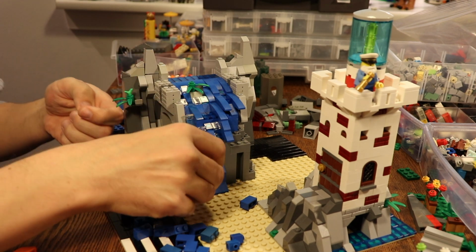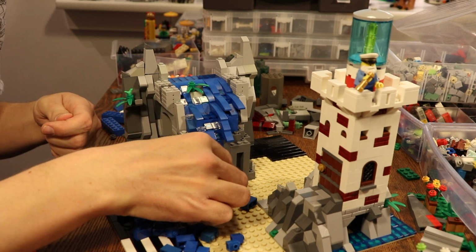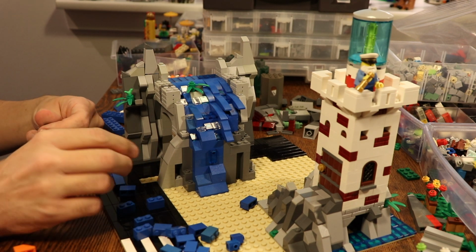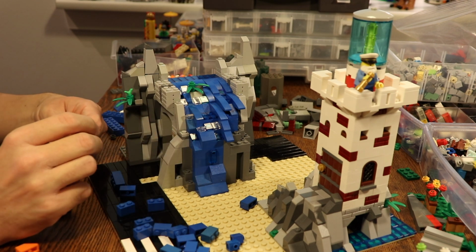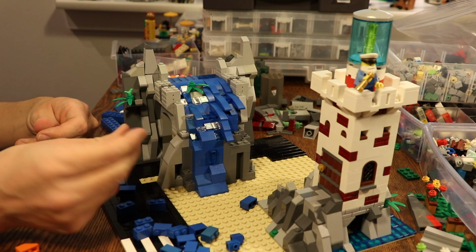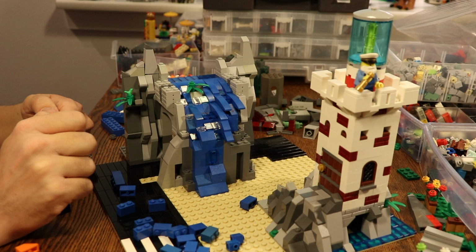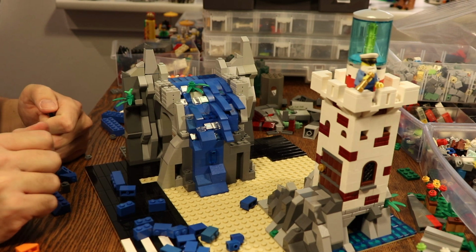Now the water down here is going to be these 1x2 transparent dark blue plates, and it may look a little weird because all of this is actually the regular blue, but that's the best I can do because I don't have any of these pieces in dark transparent blue. Moreover, I'm actually not sure that there are such pieces in dark transparent blue,